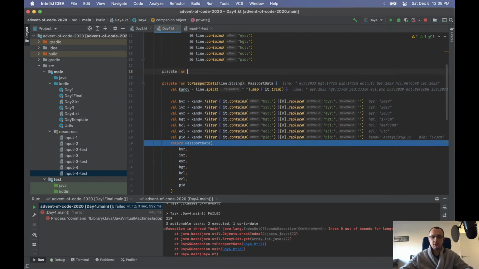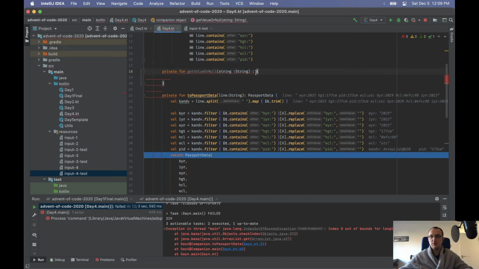Private fun get value or null from string, and that returns a maybe string, and I need the key, and that's going to return something like this. So if my key, so string,